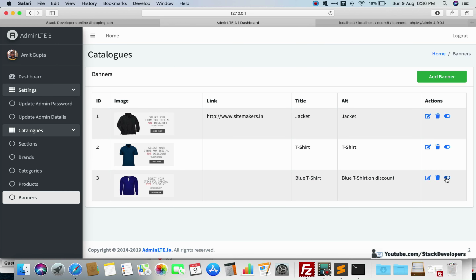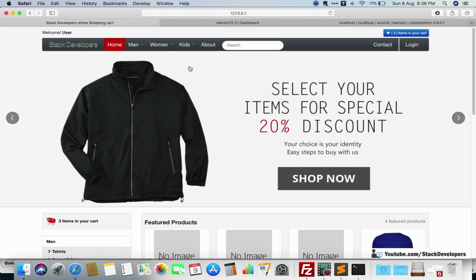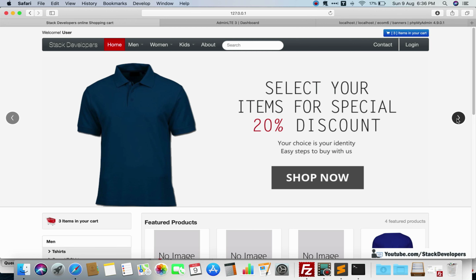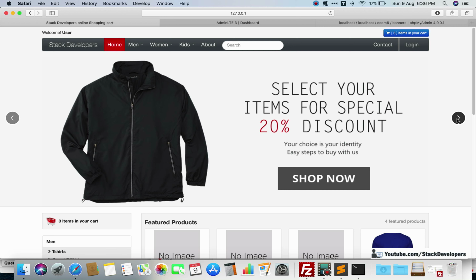So we can check like this. I'm going to disable one of the banners, the third banner I can disable here. I will refresh and we'll see only 2 banners come this time. Now we are going to check that 2 banners are coming or not. See, first the black jacket is coming, next one is the blue t-shirt. Now again the black jacket must come, because the third banner we have already disabled. Now see, the black jacket is coming again, so it means the third banner is disabled. It means the code is working fine.